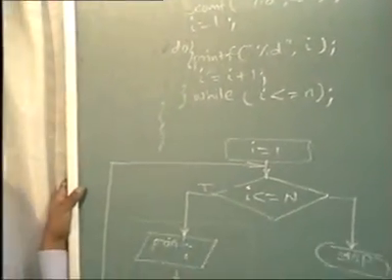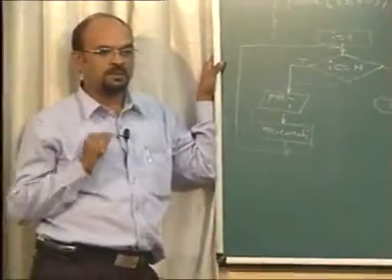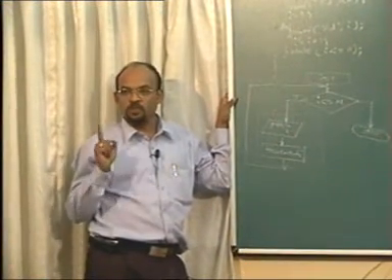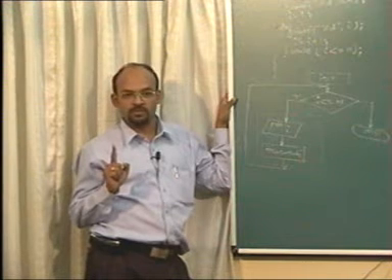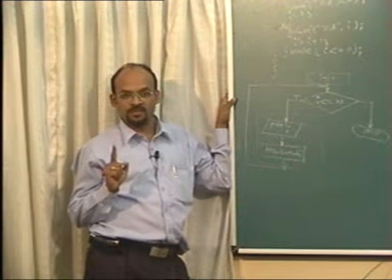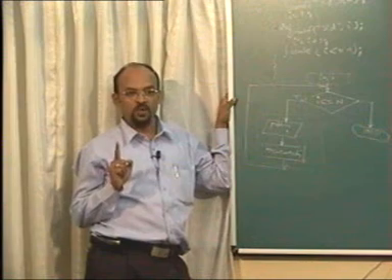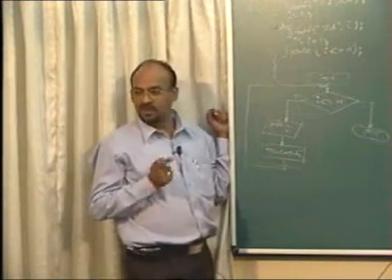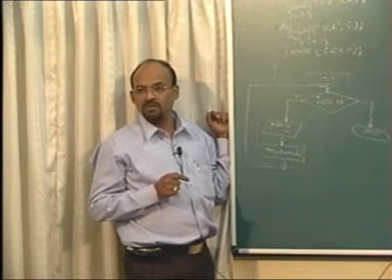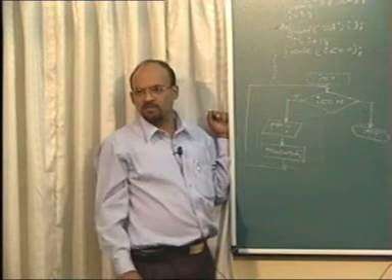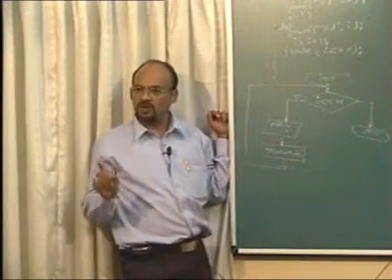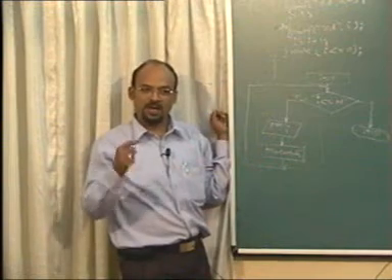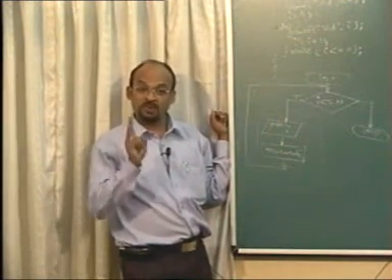Why will it stop? To stop, the condition must be false. It will stop only for n equal to, suppose I would have included I equal to 1 here. When will it stop? For n equal to 0 it will stop, no? Because then I equal to 1, I becomes 2, it will come out. For n equal to 1 also it will stop. Because it will print 1, I becomes 2, 2 less than 1 false. You gave n equal to 2, it will never stop.